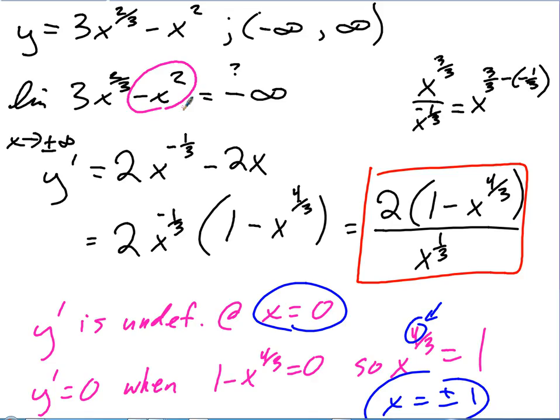Sometimes it's going to matter. If I'm approaching positive infinity, I might get one behavior, and negative infinity the opposite. But in this case we didn't, because the x was being squared, and whether x is approaching positive or negative infinity, the sign of the numbers is irrelevant, because when I square a number, it's always positive. Multiplied by -1 makes it always negative. And so we got negative infinity for the end behavior on both sides. So as we go really far out in either direction, this thing is tailing down, right?